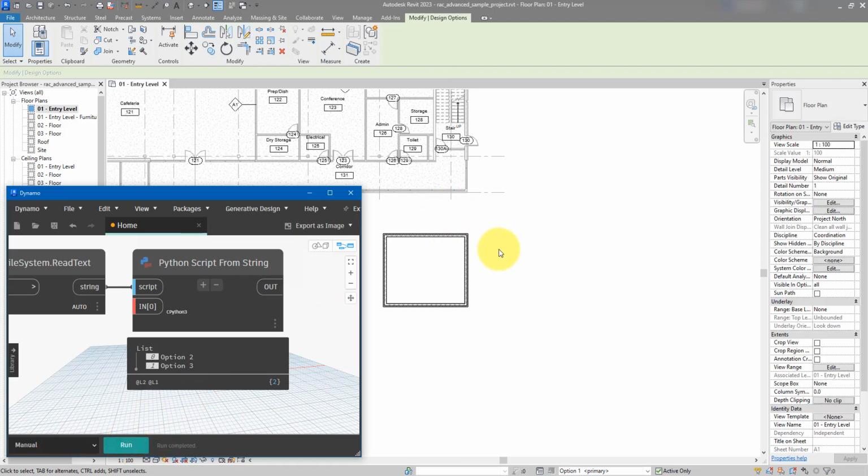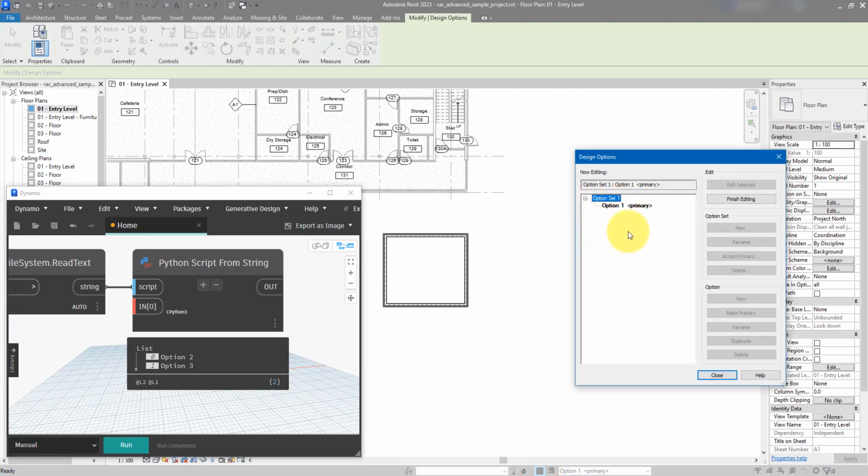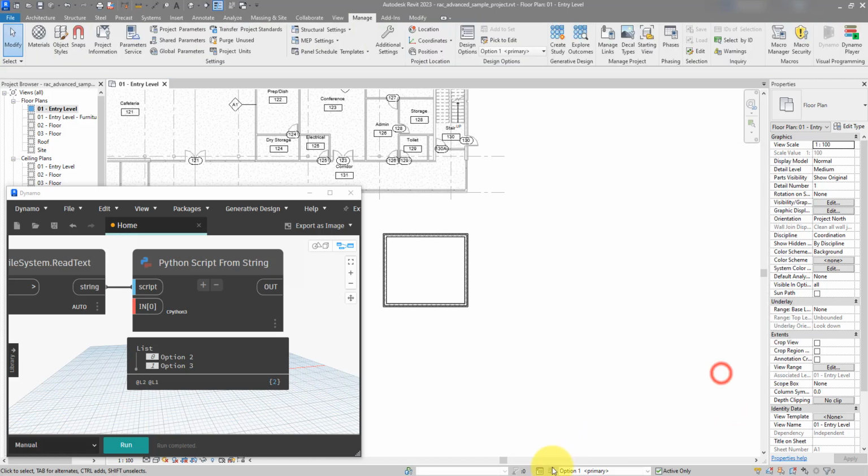Nothing seems to happen yet, but if you go back to this option now, option 2 and 3 are now gone. We only have now left option 1, which is the primary option we want to keep, so everything works here. If I even try to do a few more, I can go to the main model first,